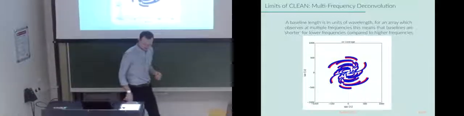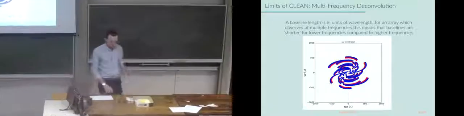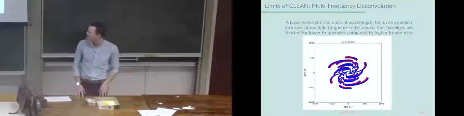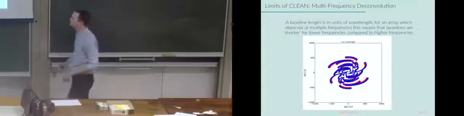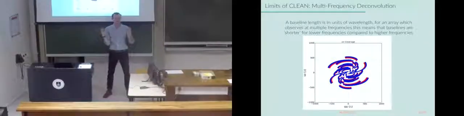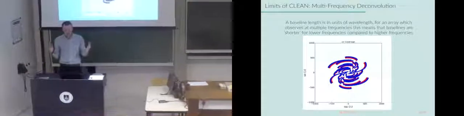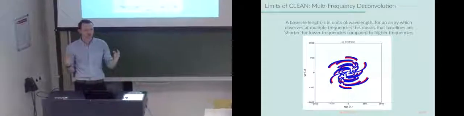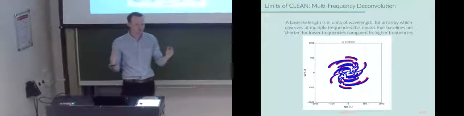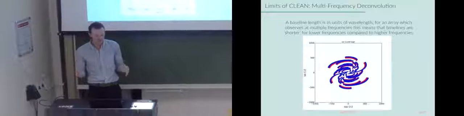One thing we didn't talk about last week is that a lot of these sampling functions fill in these UV tracks because there's some frequency bandwidth. And the more bandwidth we cover, assuming these are broad spectrum sources, the more sensitive we can become, and the more of the UV space we can fill in.